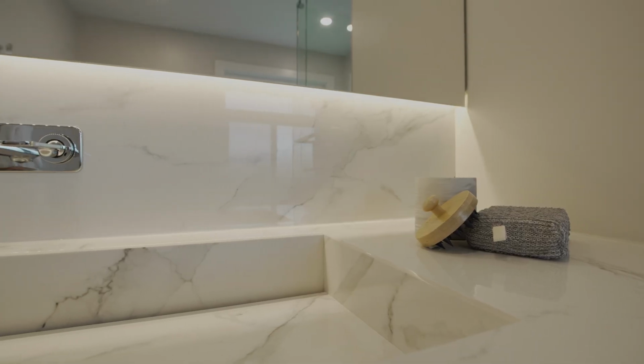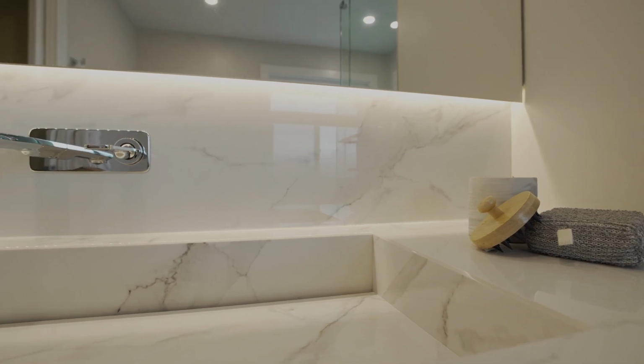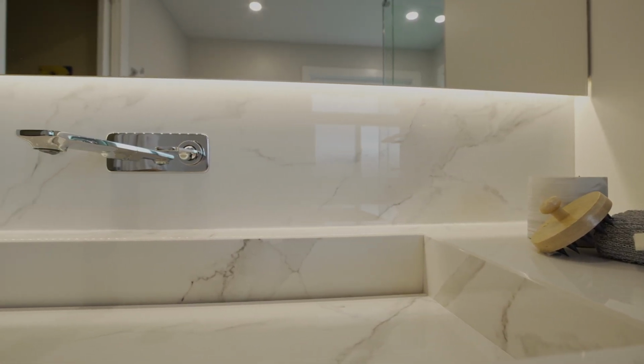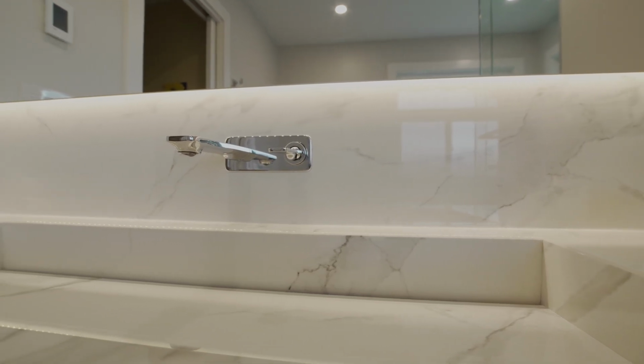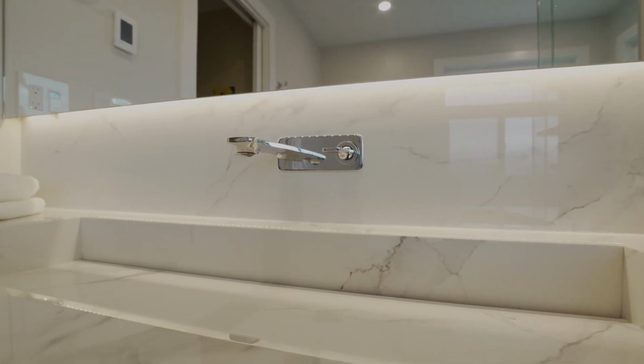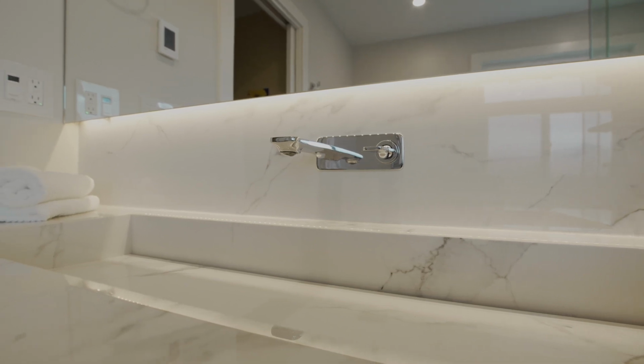And another nice idea is ambient lighting, as you can see right behind the mirror there. If you walk into the bathroom at nighttime and they're not super bright, that's a really nice feature to have so that you're not blinded in the middle of the night. And I also would highly recommend putting some dimmers on your lights as well too for that very